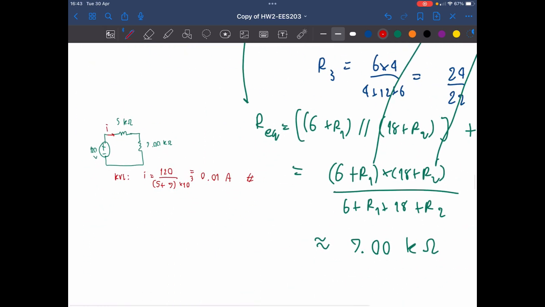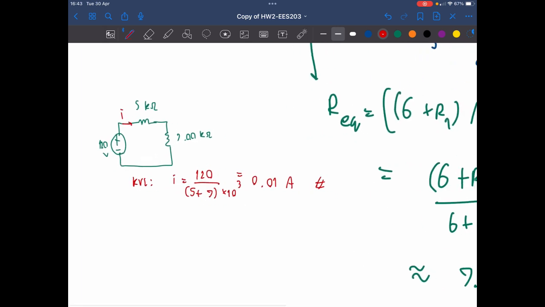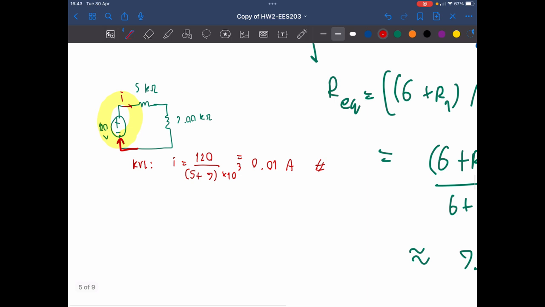So we got the current that flowed, right? And to find the power generated by the source, as you see in this part, we got the current that flowed to the other side, the -1. So normally the power of the generated source is usually a negative sign because of how the rule works for the current that flowed to the other side of the source. So in the end, the power is equal to minus V and the I that flowed to that voltage source, which in this case is minus 120 multiplied by 0.01,